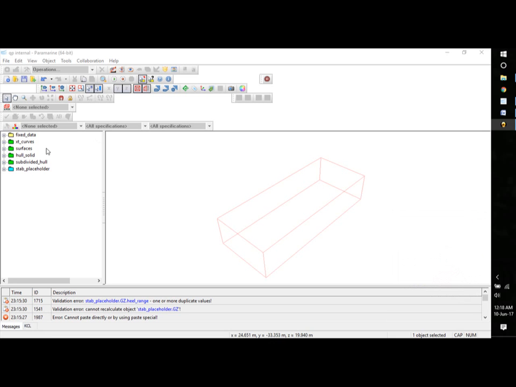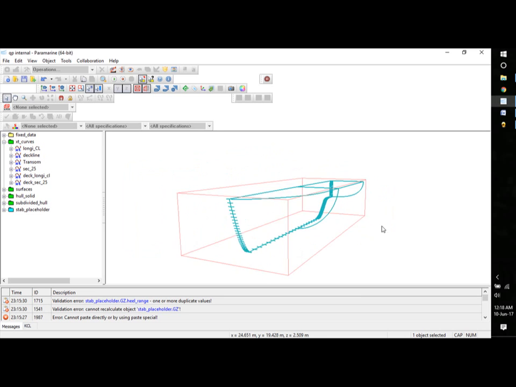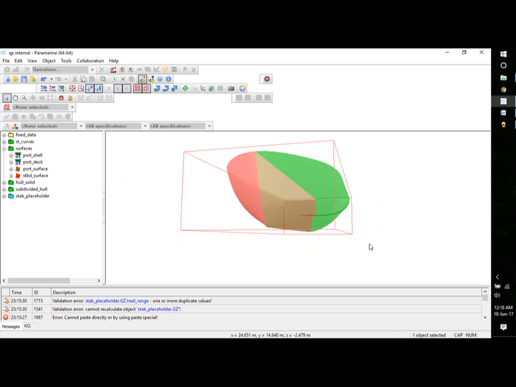So I was thinking about leaving a video on how to model the ship's hull using the XT curve method and how to calculate its GZ curve. So in this presentation, I'll be telling you how to model the ship using XT curves, how to define the surfaces,